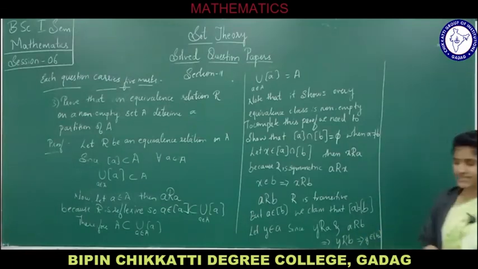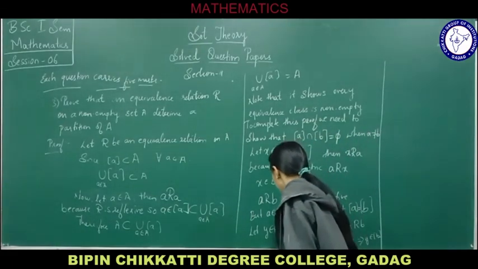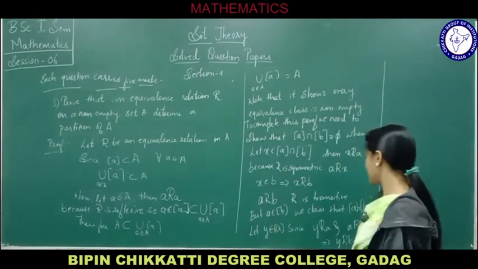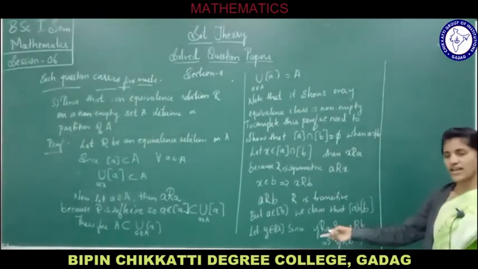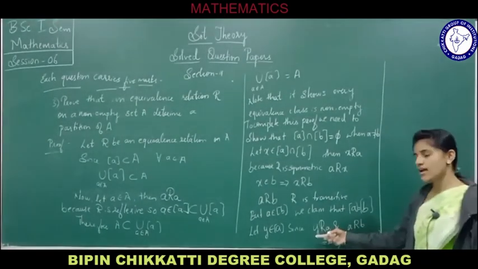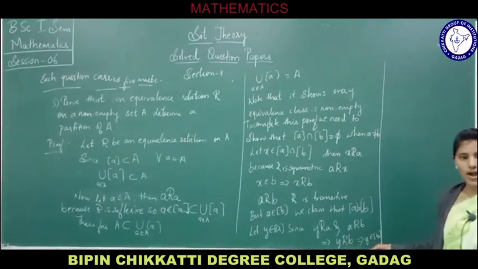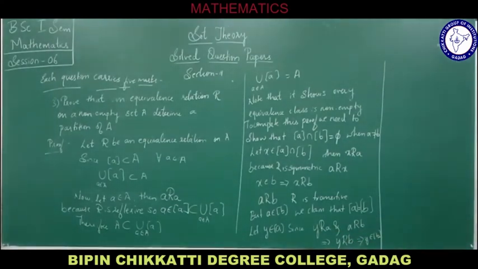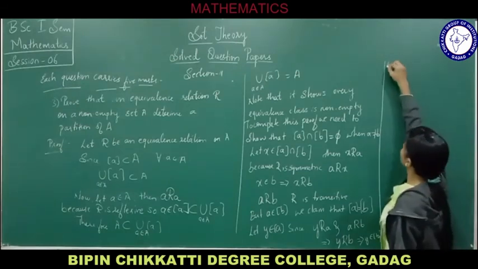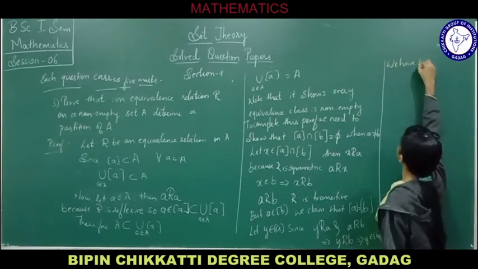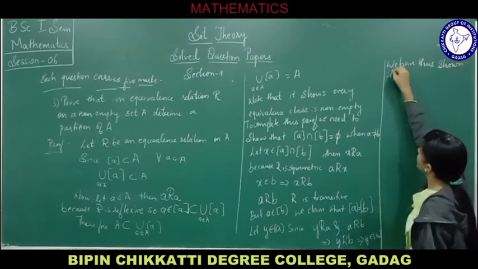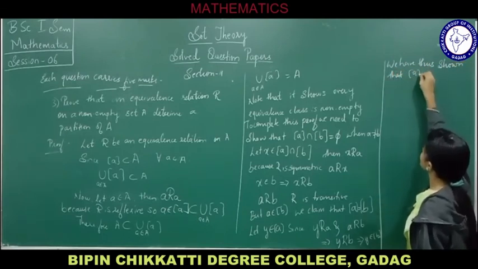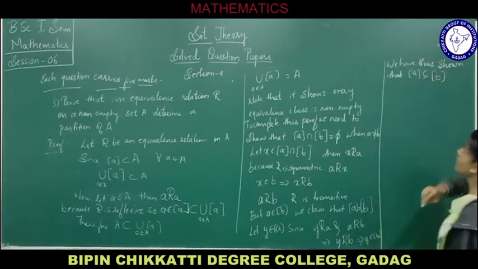See from where we started? We started with let Y belong to A. Then since Y is related to A and A is related to B, we say that Y is related to B. It implies Y belongs to B. Then what is going to happen next? We have thus shown that this A is a subset of B.